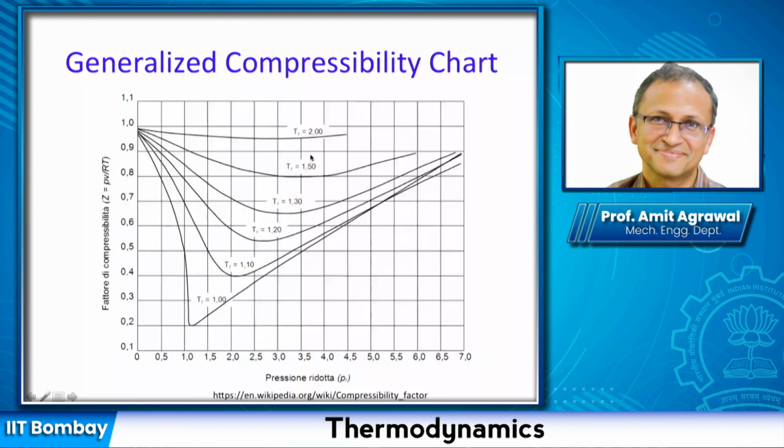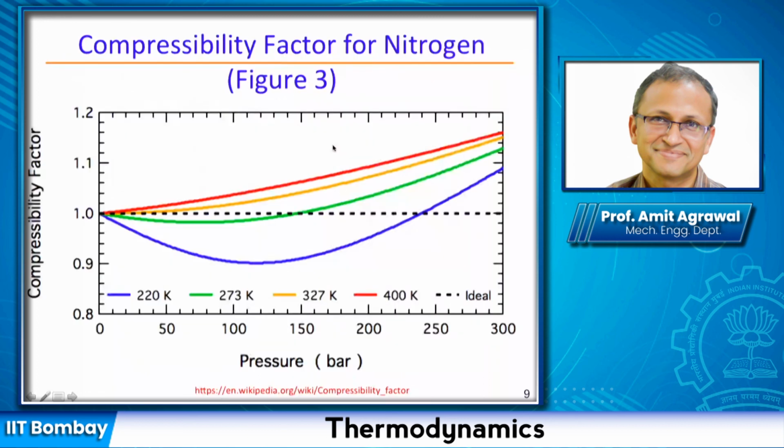And also, where you can see this curve, TR as 2. And to remind you, we are essentially looking at this curve here. All these curves are very close to unity, within 5% or 10% over this range of pressure. And this is a reasonably large range of temperature, from 220 Kelvin to 400 Kelvin. You can see all these curves are essentially lying within 5%.